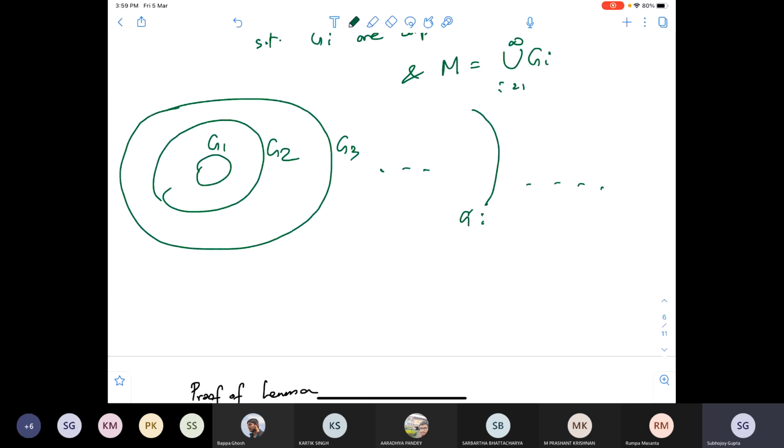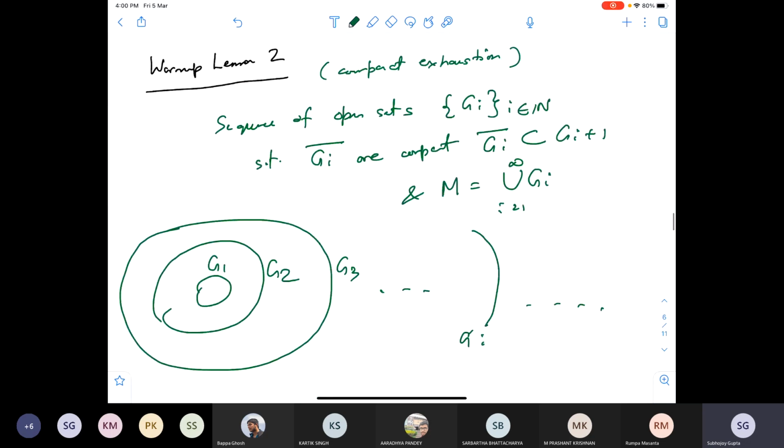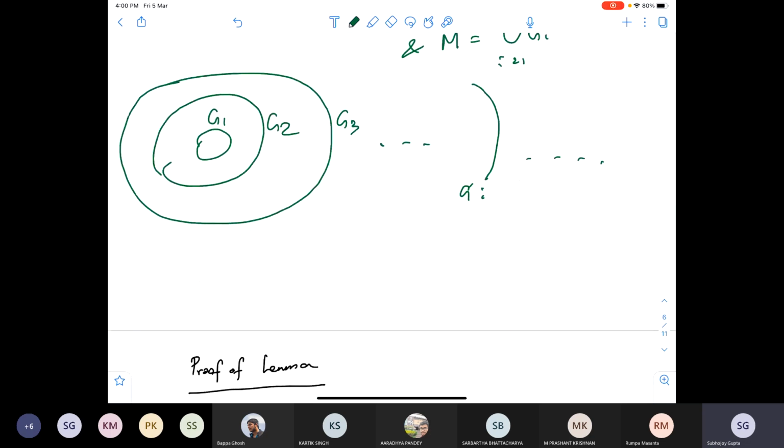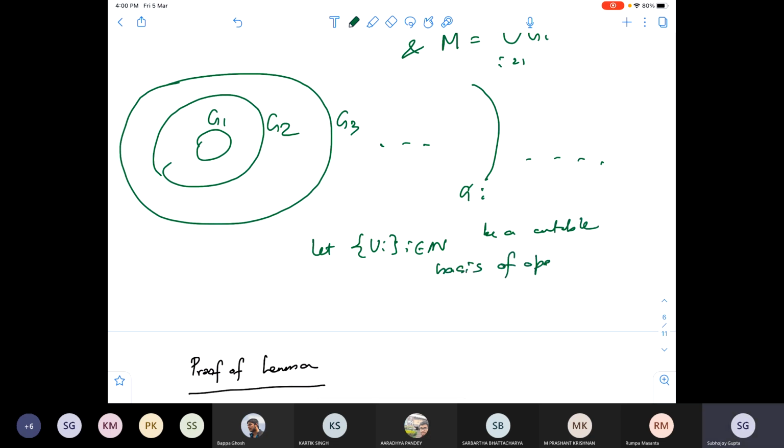Well, this is also easy once you have a countable basis of open sets with compact closures, because you can take G1 to be one of these. So maybe I'll end with this warm-up lemma. We've run out of time, but let U_i, from i equals 1 to infinity, be a countable basis of open sets with compact closures,